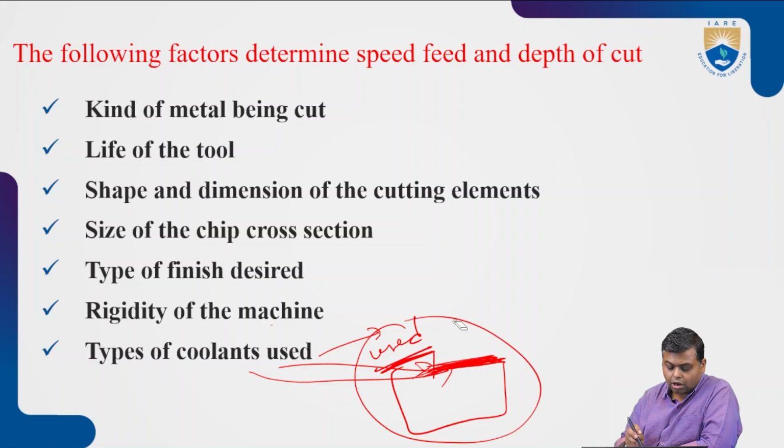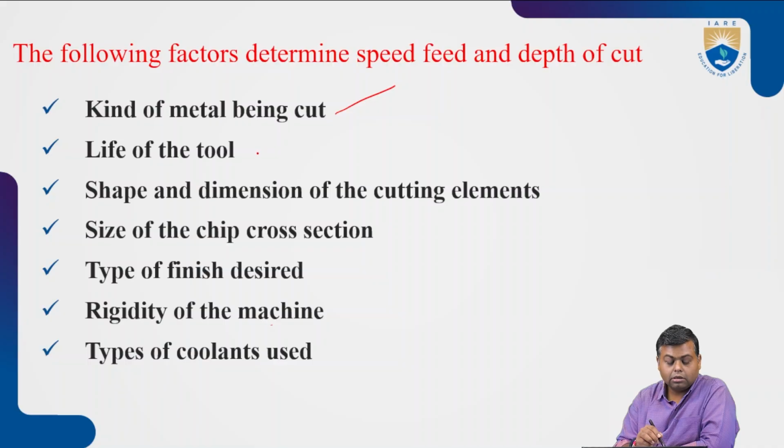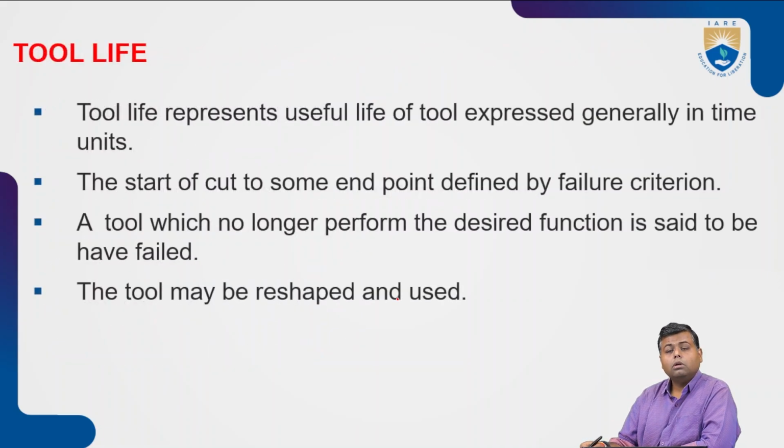Now, so these are all the factors which determine speed, feed and depth of cut: metal being cut, tool life, shape and dimension of the cutting element, size of the cross chip which is getting out of the machining, type of the finish desired, rigidity of the machine, type of the coolant used. Now coming to the next part, the continuation of these factors, first,